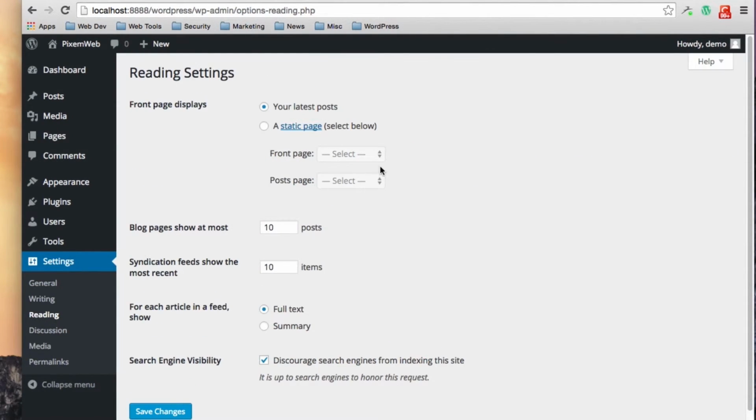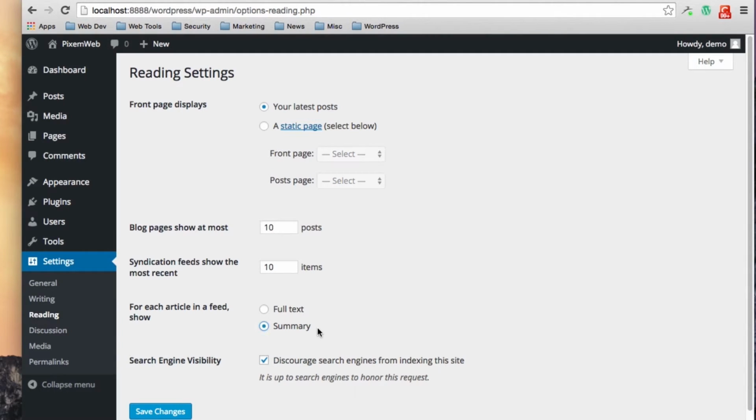Your reading section is where you can choose to have a static front page or a blog style website where the main page of your site features your latest posts. I typically recommend checking this to summary, especially for your blog pages, because you want to have, let's say, 10 posts show up on either your front page or your page dedicated to show your most recent posts. So if you put the full text, then it's going to be extremely long with 10 posts showing full text for each of those posts. So typically I just recommend clicking on summary,